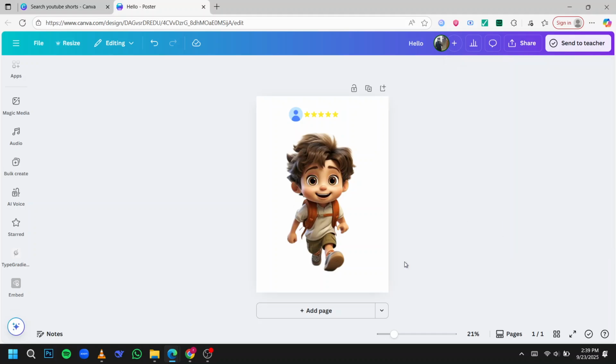And that's it. You've got a design with no background. This is especially useful for logos, social media graphics, or any creative project where you want flexibility to overlay your design on different colors or images. With just a few clicks, you've unlocked one of Canva's most powerful features, giving your work a polished and professional